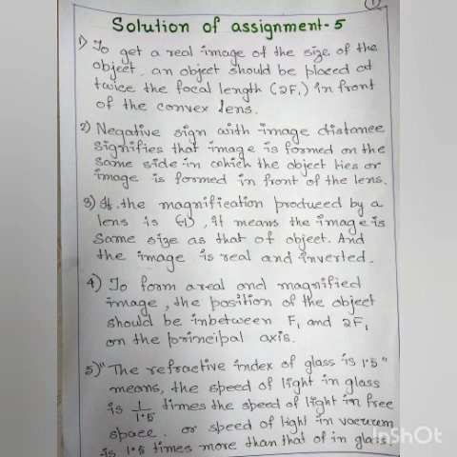2f is just the double of the focal length. It is simply, what is the length of the focus? 2f is the double of that distance. Clear? And the relation of radius of curvature and focus, that is f equals r by 2, holds only for the curved mirror. Okay.